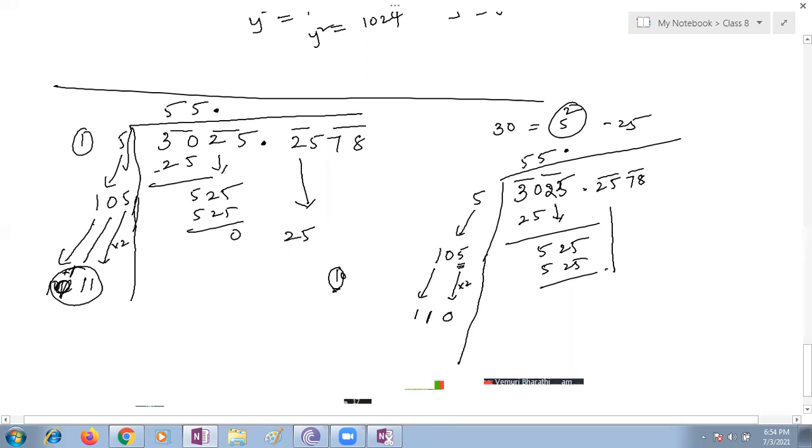Now bring down the period. What is this? 25. 25 is not happening right here. So you need to get two periods at a time. What if you bring in 2 periods at a time? What should you do, children? We have to add 0. You have to add 0. Wonderful. You have to add 0. So that what happens?